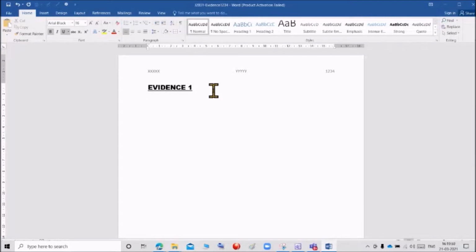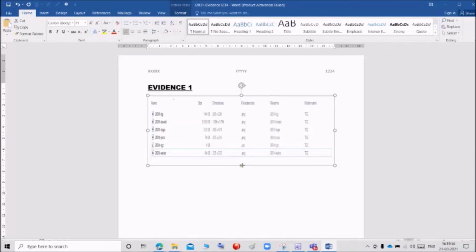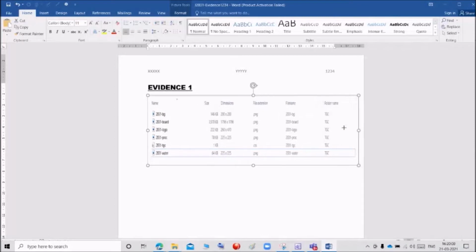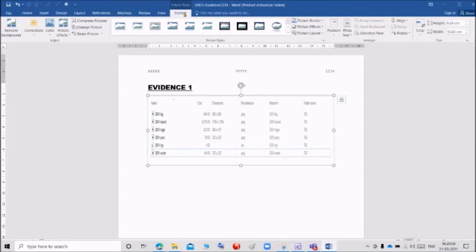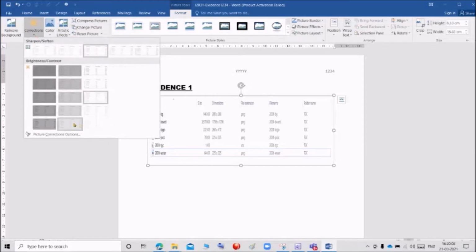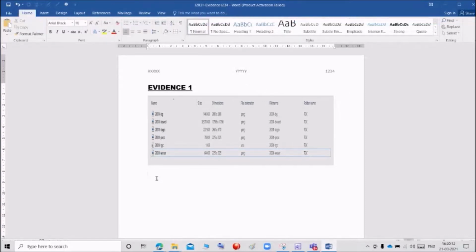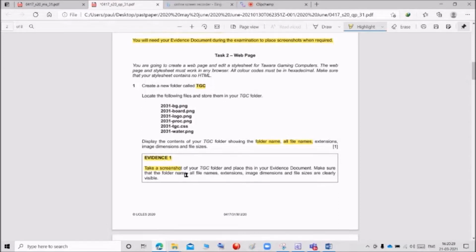After that, I'm going to insert the image. The image should be visible. It is very small. If you want to change the color, go to the format, select the image, go to the format, and give corrections so it will be visible as evidence. So we finish evidence one.